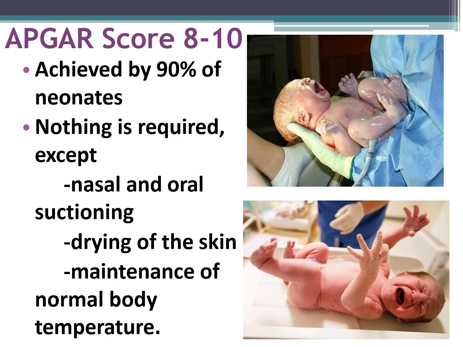And when you are taking these parameters, if you are getting a score between 8 to 10, which is normal, 90% of babies will have a score between 8 to 10. In that case, there is no need to give any extra effort for starting respiration. You can just do nasal and oral suctioning. You can dry the skin of the baby, and take measures for maintaining normal body temperature. That will be sufficient.